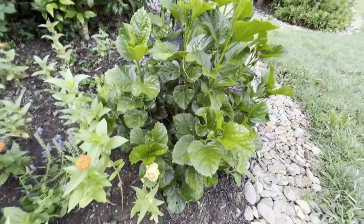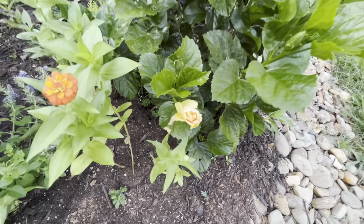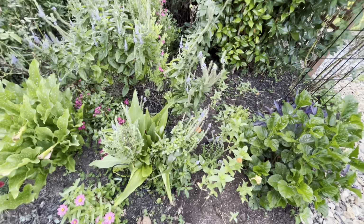This one has done much better. It's a healthier plant right now, big bright green leaves. Hasn't done as much flower-wise, but we do have a big yellow flower that's about to come out. And then other things back in here are